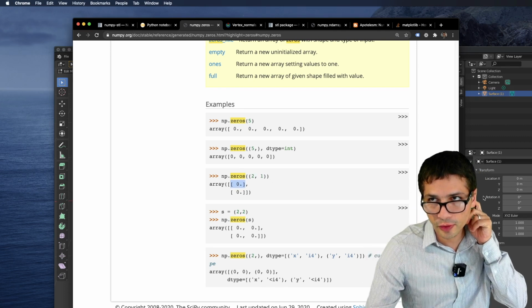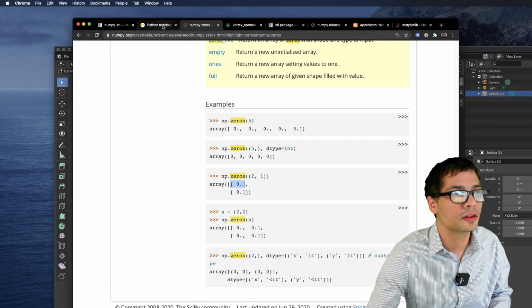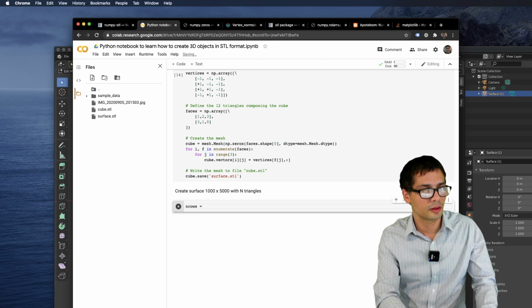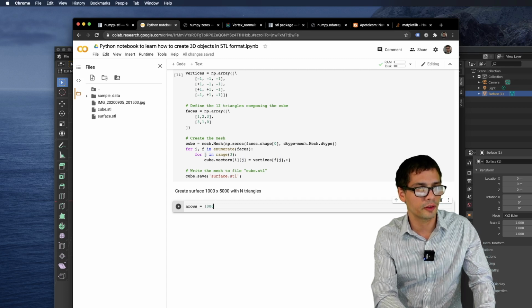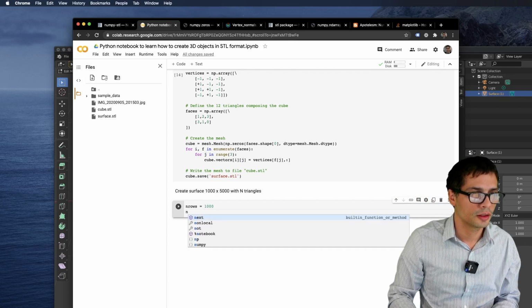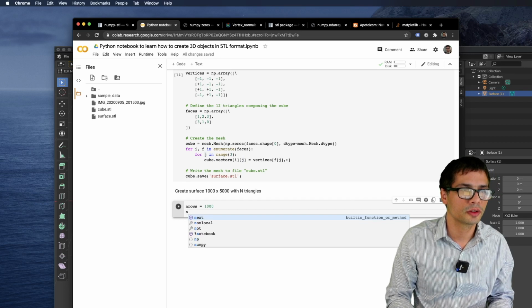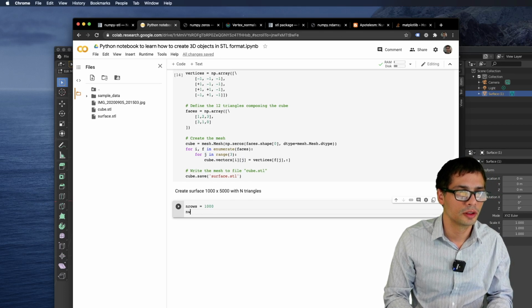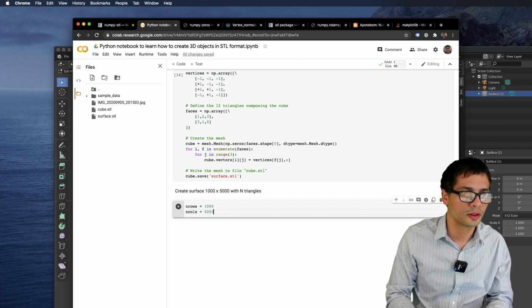Number of rows in our case is going to be like the height, equal to 1,000, and number of columns equal to 5,000.